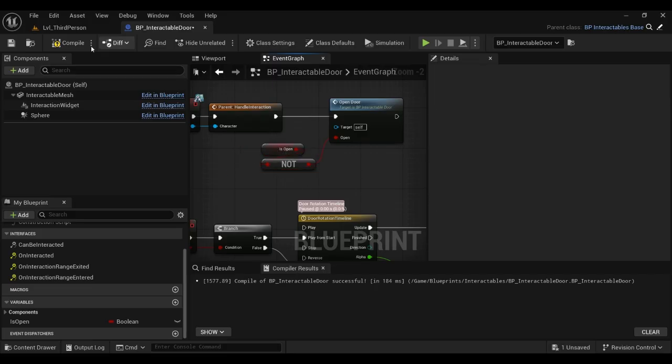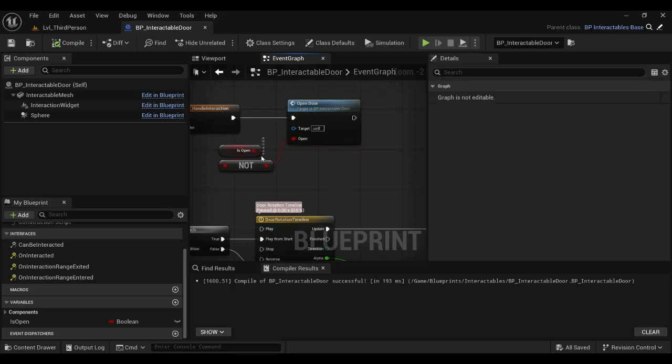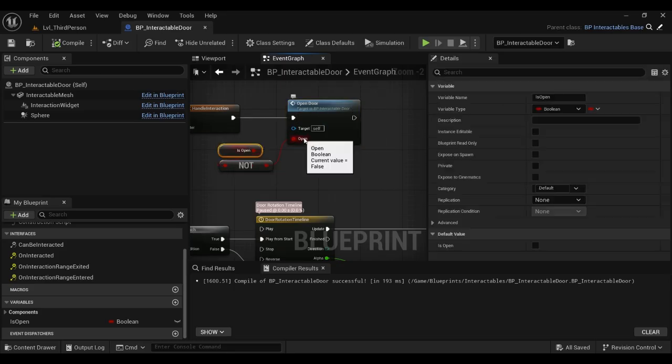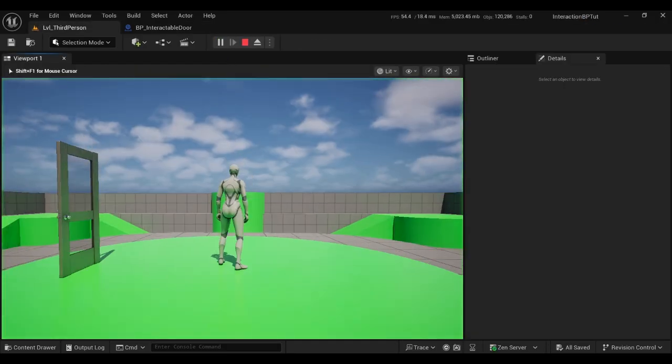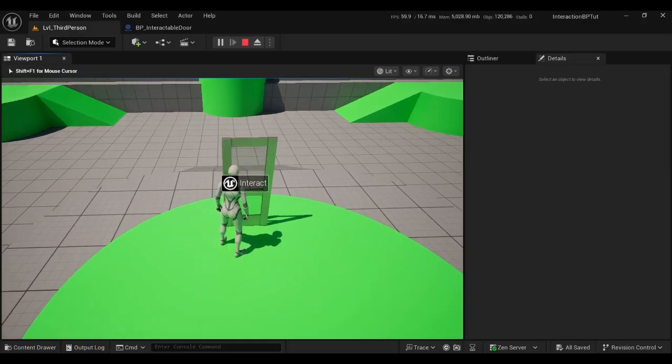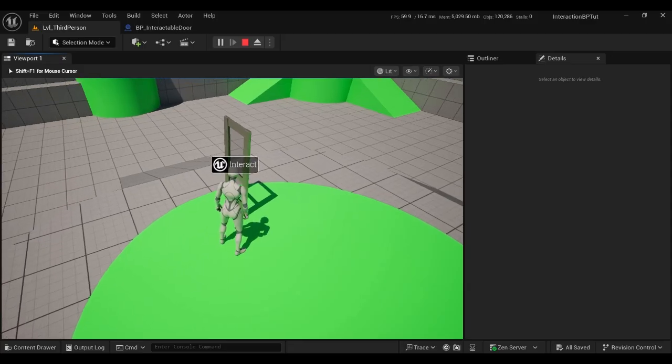So if it's currently open and we call this function, we need to close it. Okay, so if this is true, we need to close the door, so we need to call false in here. So not true is equal to false, and vice versa. So if you go ahead and play, right now the door should open. As you can see, it opened. Now if I call it again,